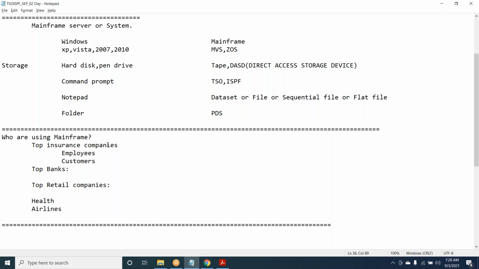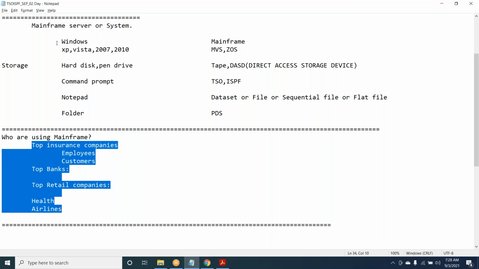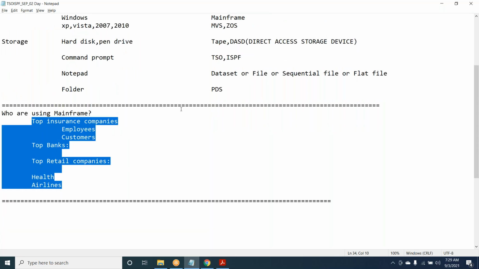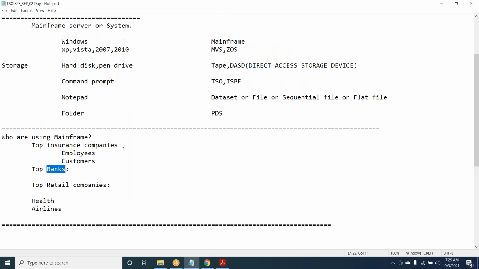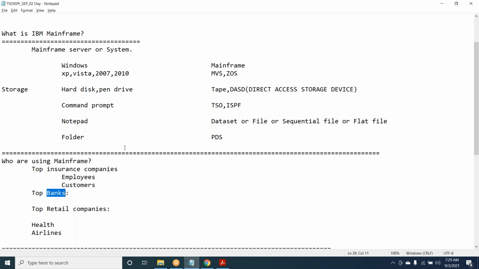Clear. Yeah. So team, now you got to know who are using mainframes, and what is a mainframe server and system. Now you can imagine, for one bank, there are so many customers who might be doing transactions at different places, right? So see what happens, you will develop the software or application, and that will be deployed on the mainframe system. So we will give access to the system, which means that,